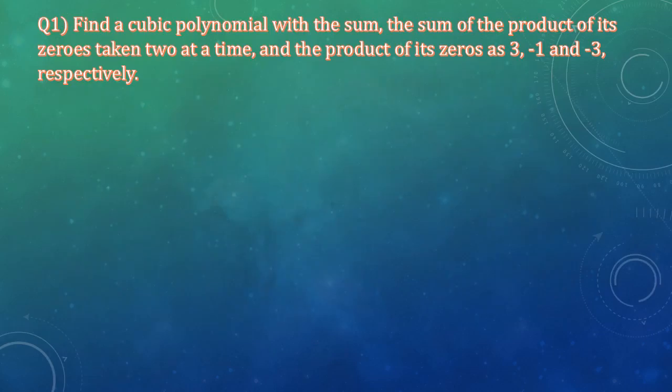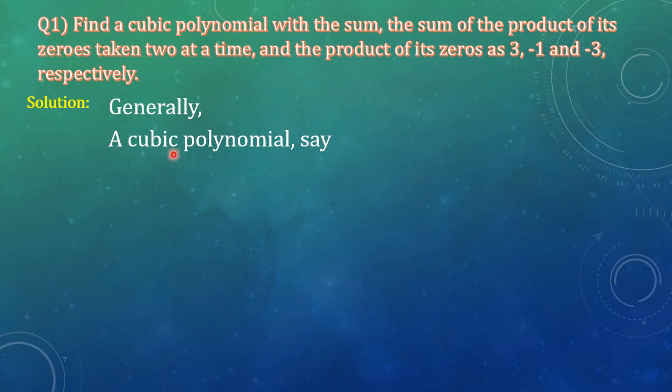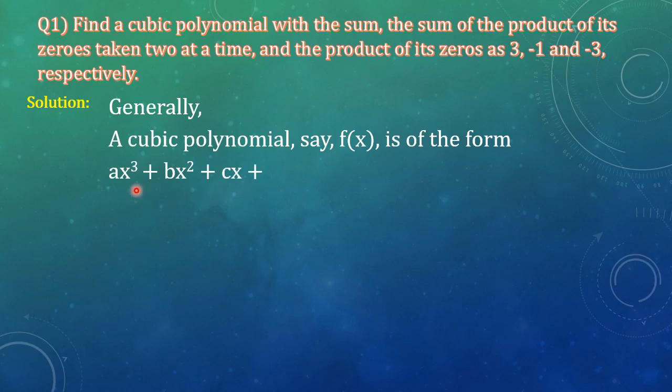Find a cubic polynomial with the sum of the product of its zeros taken 2 at a time and the product of its zeros as 3, -1 and -3 respectively. Solution. A cubic polynomial, say f of x, is of the form ax cube plus bx square plus cx plus